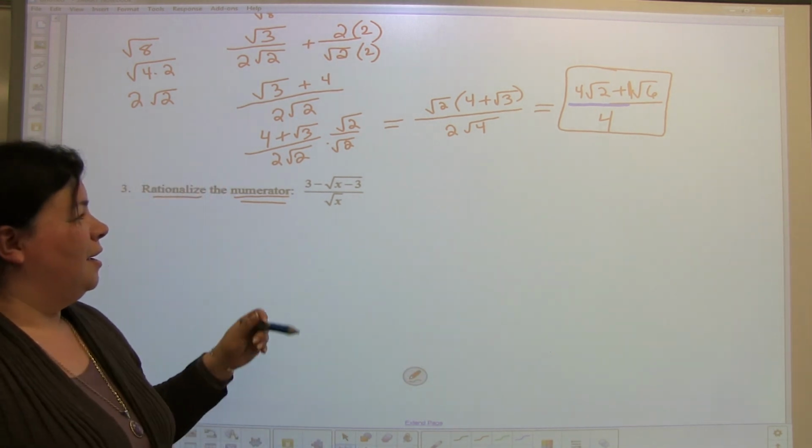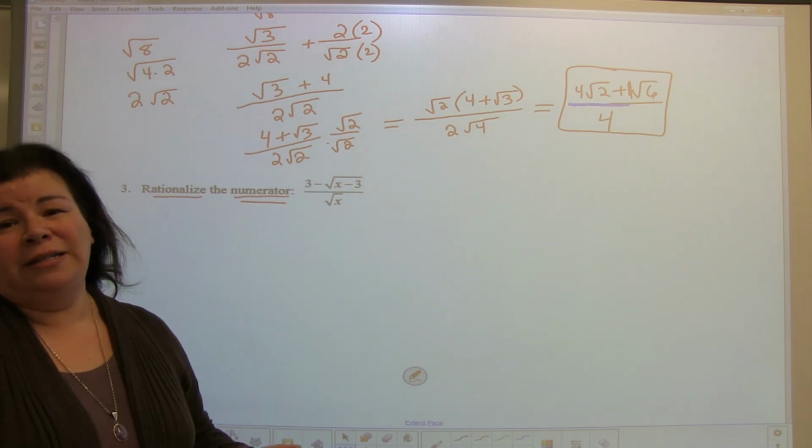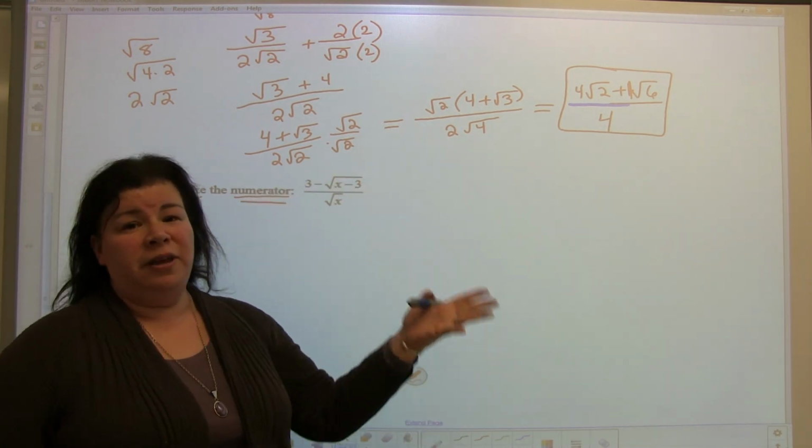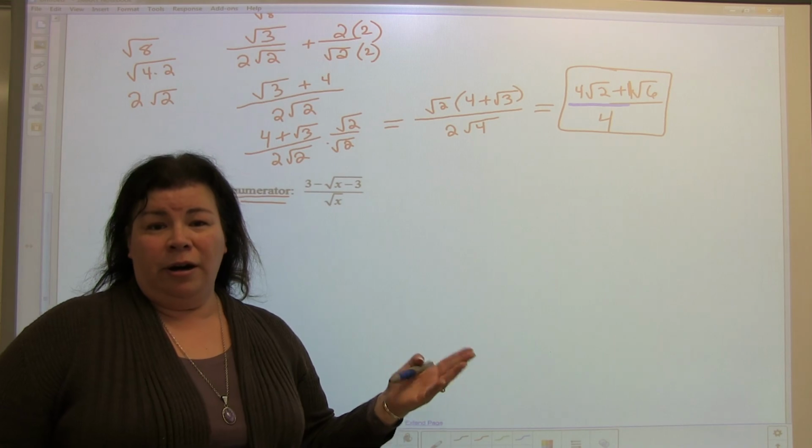So when you're rationalizing the numerator, it's the same thing as rationalizing the denominator, but instead you're doing it